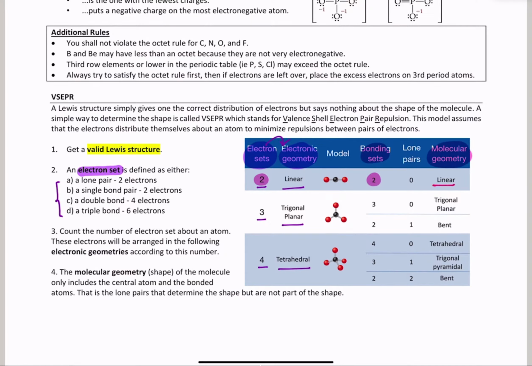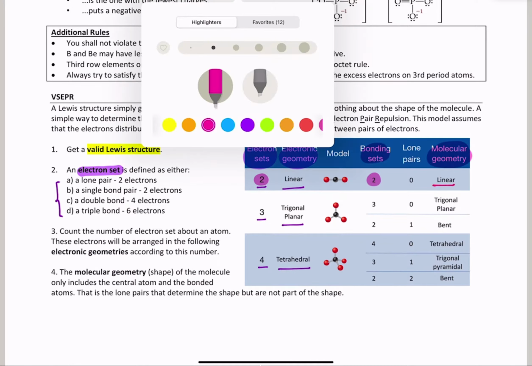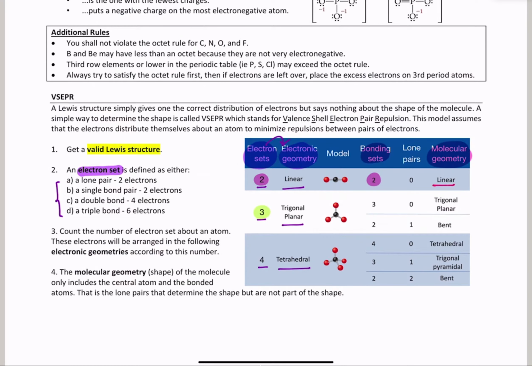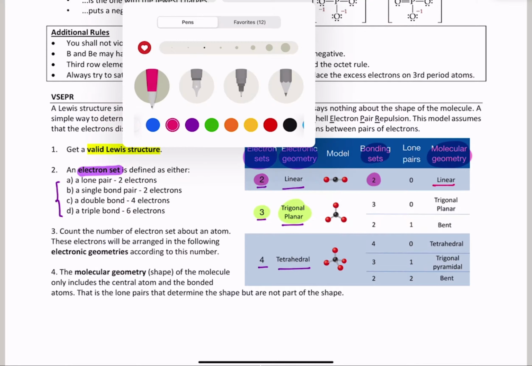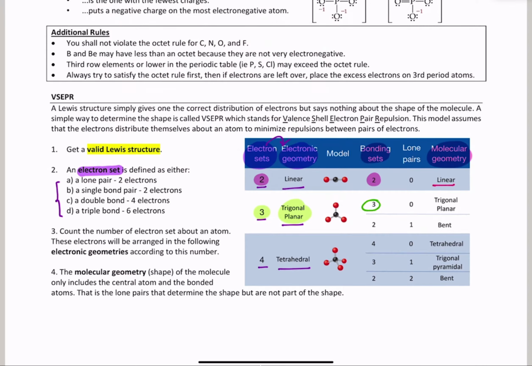Out of your 3 electron sets, that gives you the trigonal planar electronic geometry. If all the sets are bonding, then you get a trigonal planar shape. But if out of the 3 sets, 2 are bonding and 1 is a lone pair, then you will get a bent